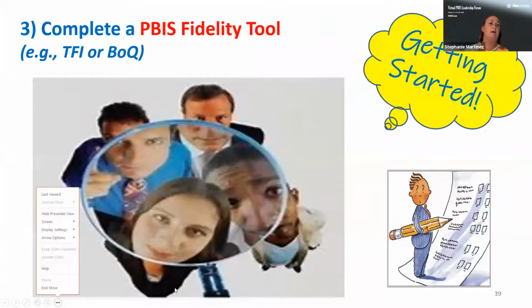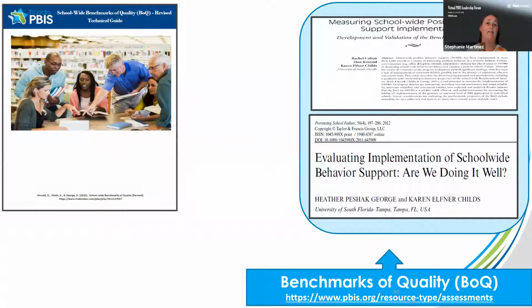The next thing is we want to make sure that we have a way to measure if we are implementing PBIS with fidelity. What's really nice about both the TFI, the Tiered Fidelity Inventory, which some states and districts use in schools, or the Benchmarks of Quality, or the BOQ, is that they do a nice job of what I like to think of as task analyzing what the elements of PBIS are and what they look like. Here with our schools in Florida, when they start PBIS, they do a Benchmarks of Quality, which is their baseline, just to get an idea of what they already have in place.